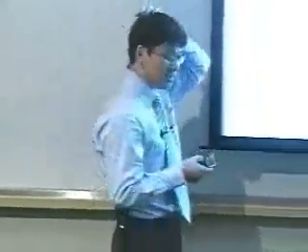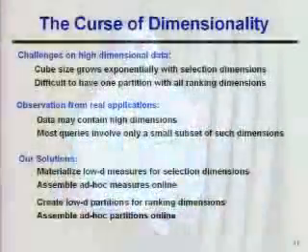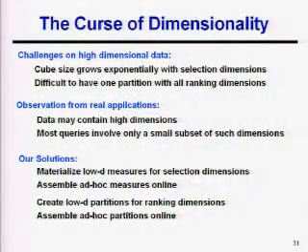Okay. So next, I will talk about how we extend this framework to high dimension. By high dimension, we mean high selection dimension and high ranking dimension. So we'll discuss how we handle these two different scenarios. For high Boolean selection dimension, it's probably simpler, but for high ranking dimension, it's more complicated. This is the basic factor of the curse of dimensionality.